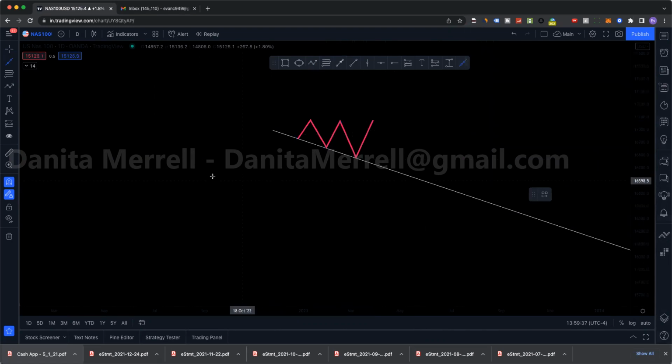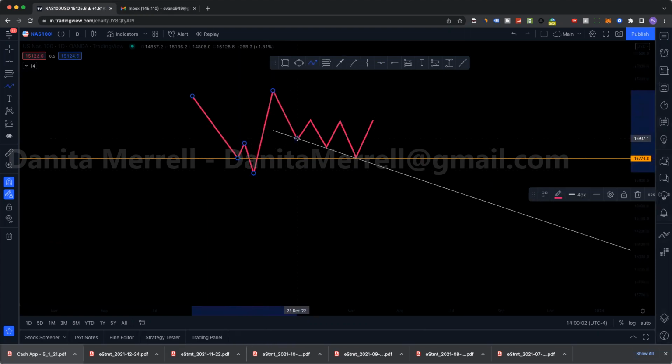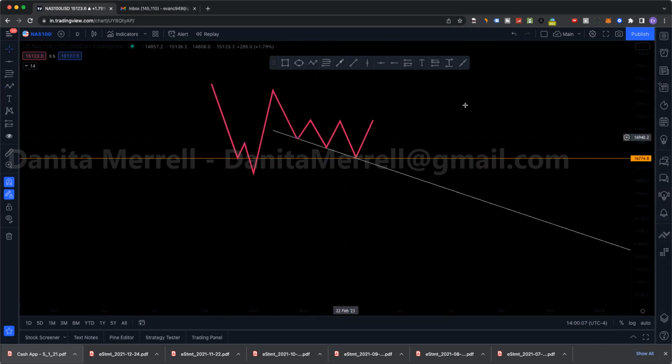And then we also need some sort of confluence on the other end, right? Whether that be like a support or a QM, right? Okay, so we also have this, and then we also need to make sure that our timeframes are aligned. Okay, so if we understand that, hey, we have